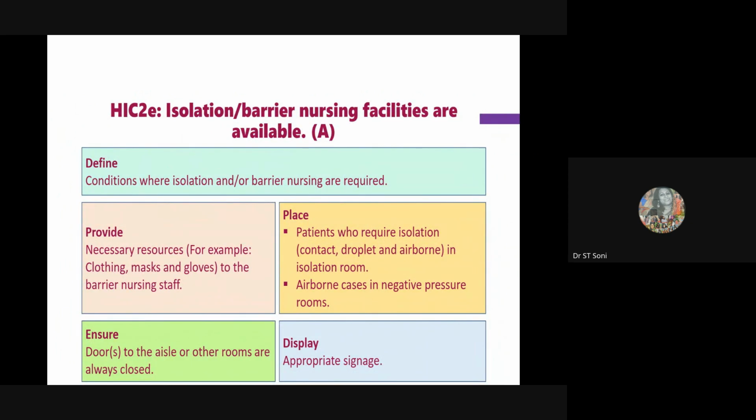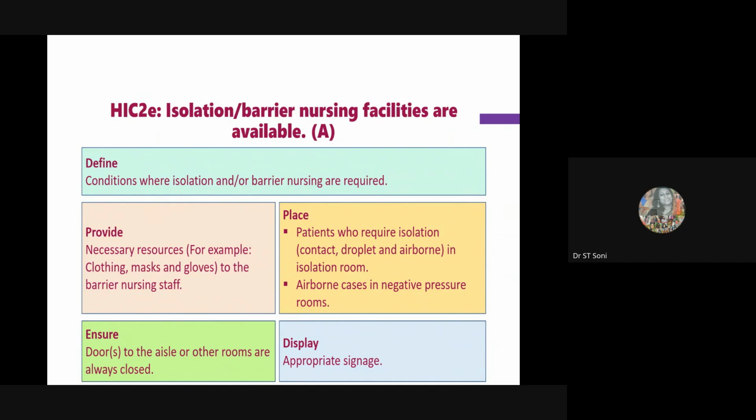There is something called the isolation precaution or the barrier nursing. There are two types of barrier nursing. One is the barrier nursing, and second is the reverse barrier nursing. So barrier nursing is part and parcel of the isolation precaution. When you think that your patient needs isolation, like contact, droplet, and airborne precaution, as in swine flu or tuberculosis, we keep them in a separate room with negative pressure, and you do not directly enter it. There are restricted area displays, and you wear the appropriate PPE and only then enter.